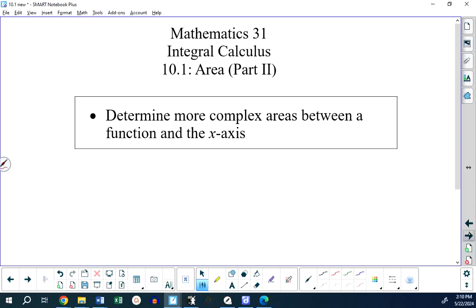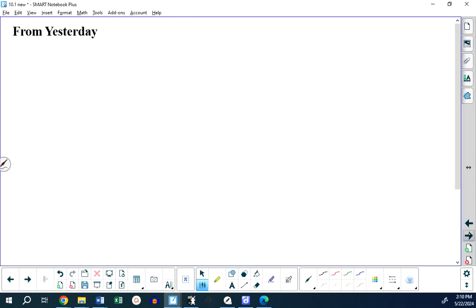So this is area part 2. It just says determine more complex areas between a function and the x-axis. This is not just a quick review from yesterday. I'm adding something here that's different. So this is at the top of page